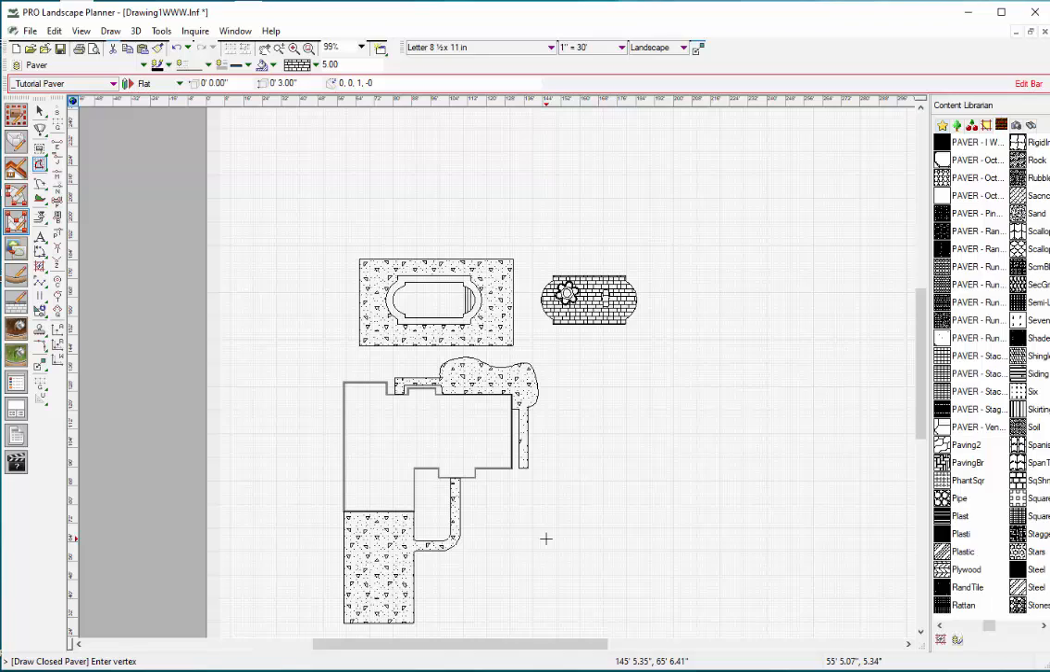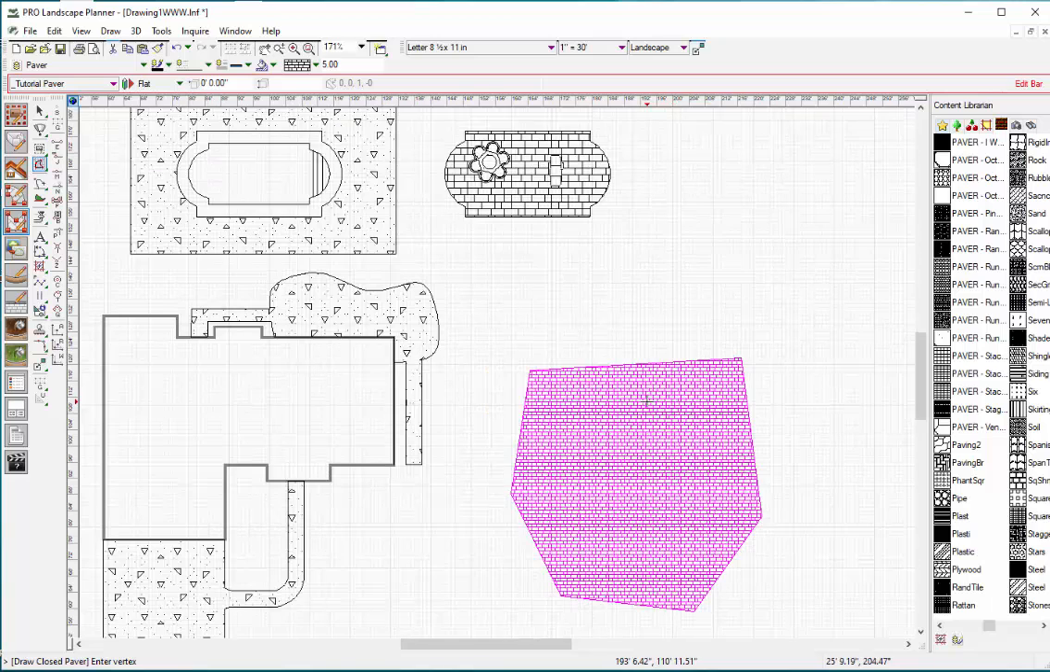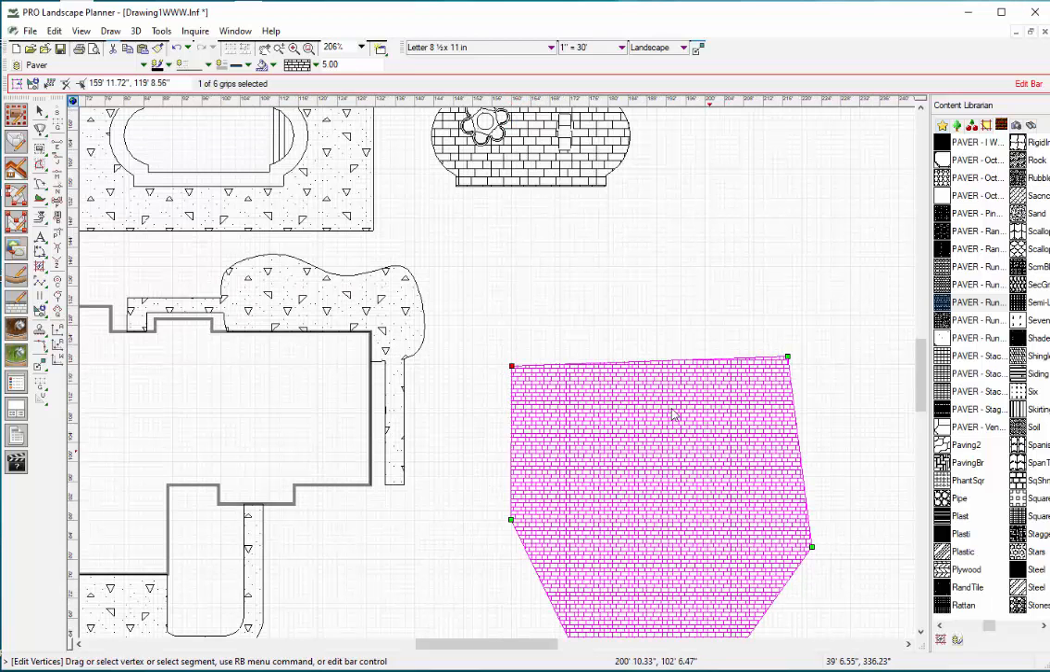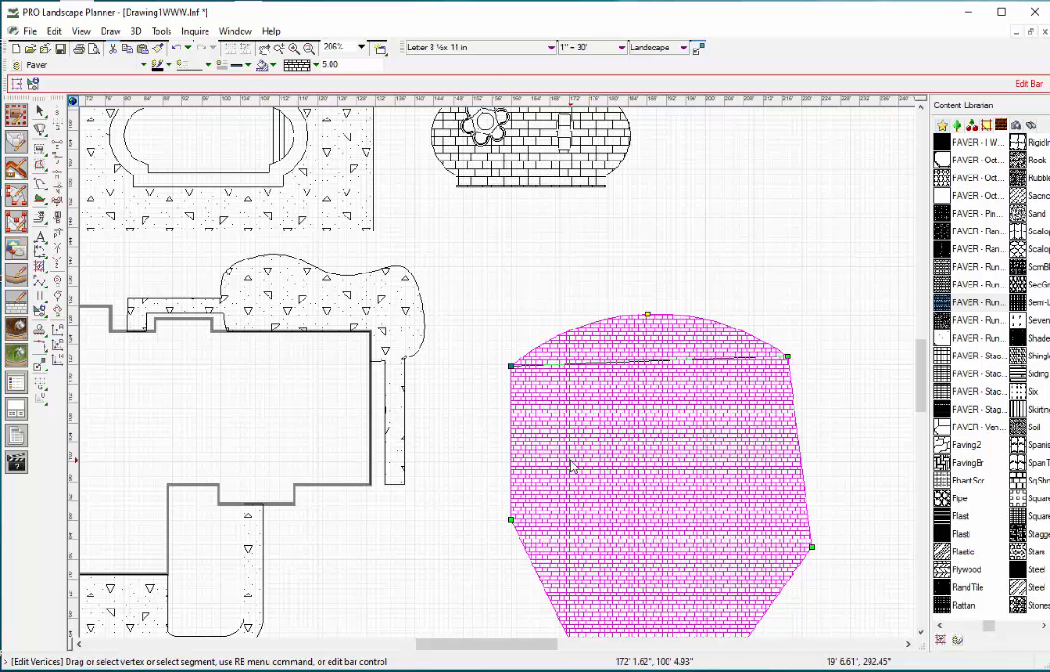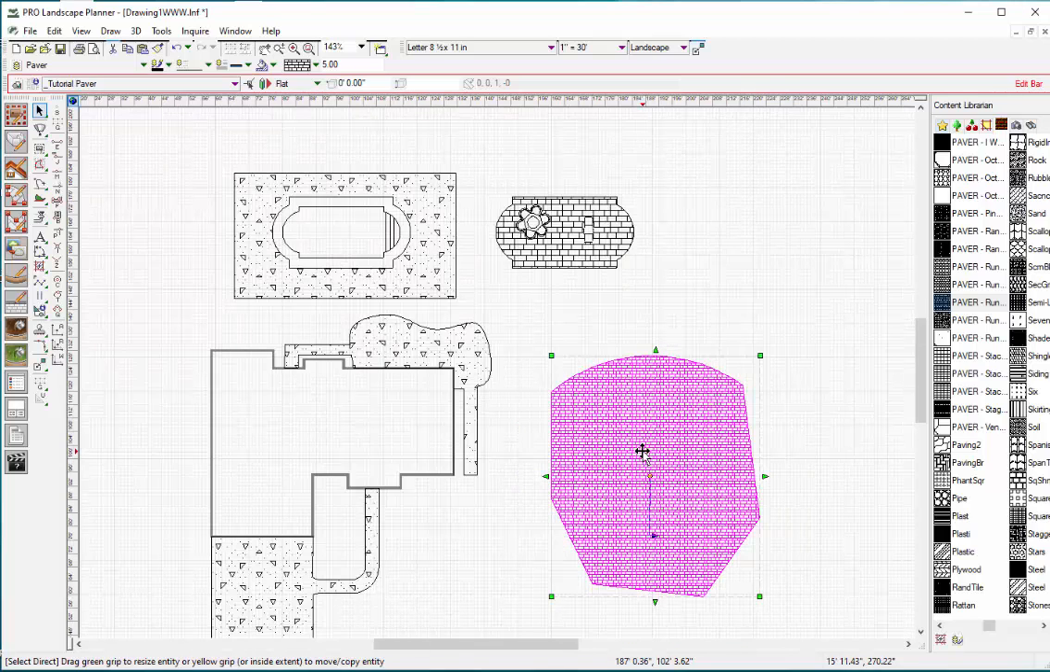The problem with it is that it applies it after you've drawn it, and you really can't go in and modify it like you can with the newer version. So what we can do here is draw a closed paver area like so. It doesn't really matter the shape here. I can also double click on it and modify this at any time. If I need to bulge an area, I can again hold the control key and bulge it out like so. Once I have the shape down the way I like it,